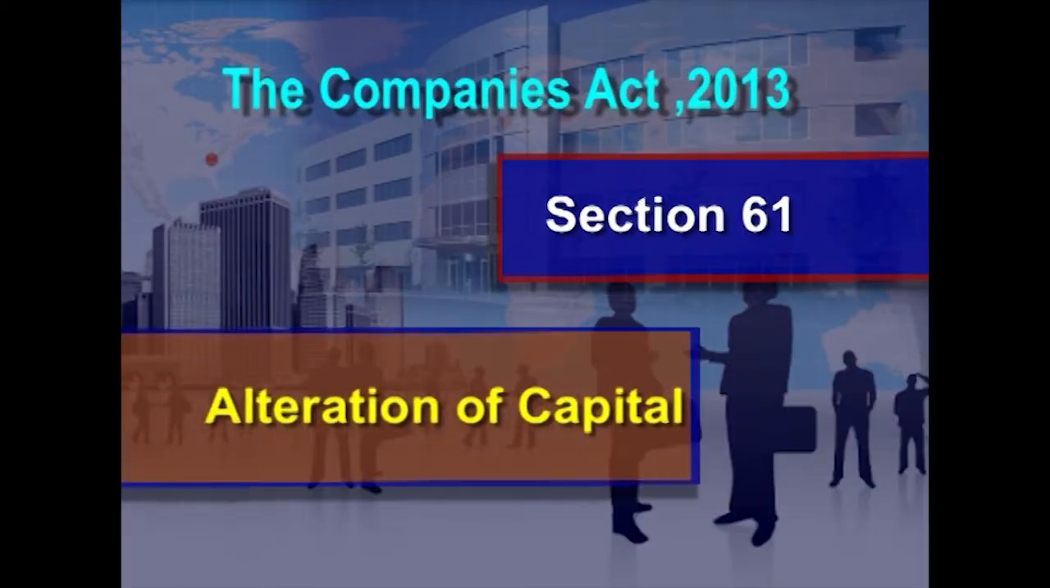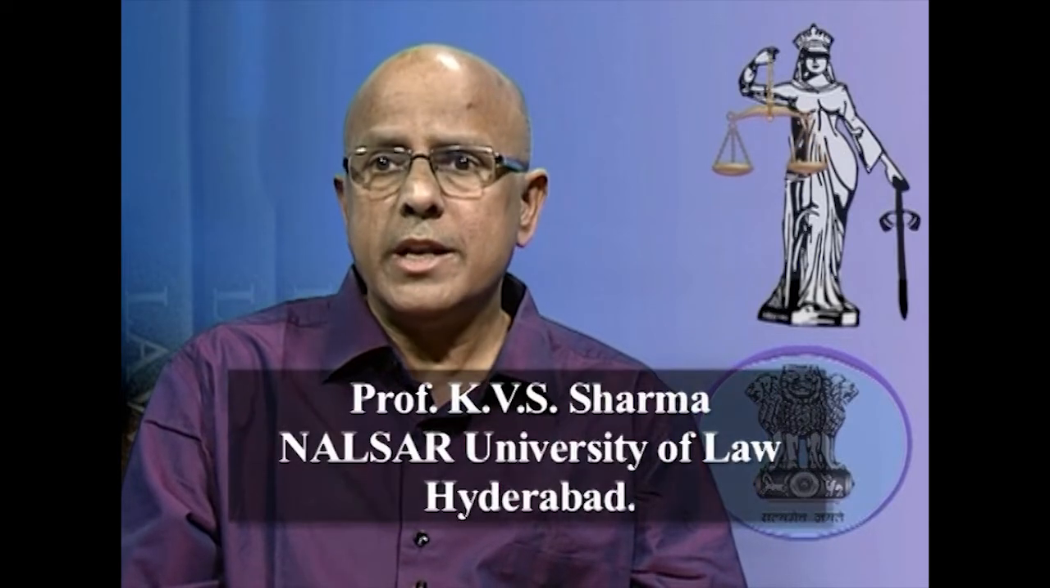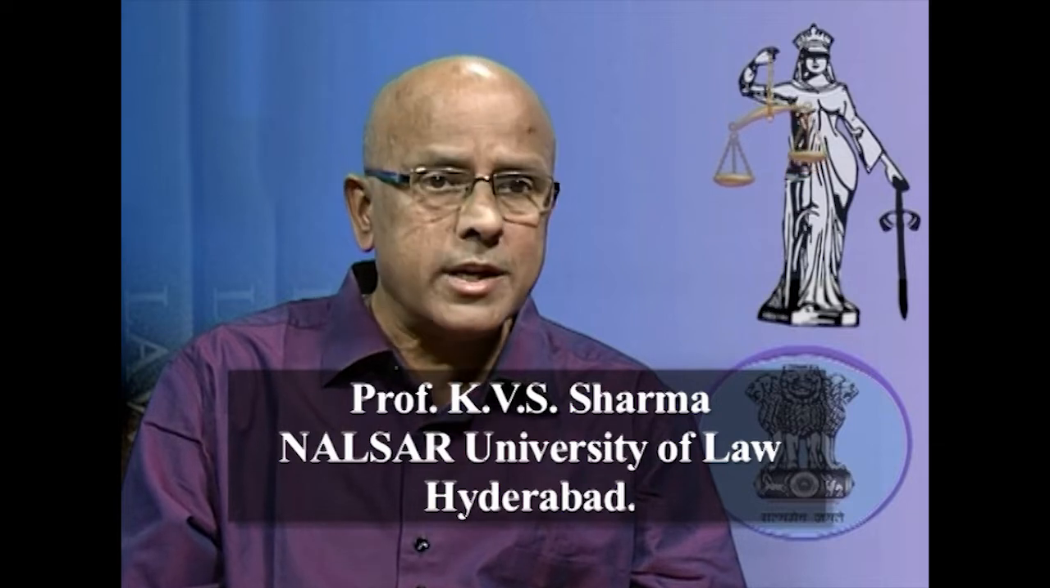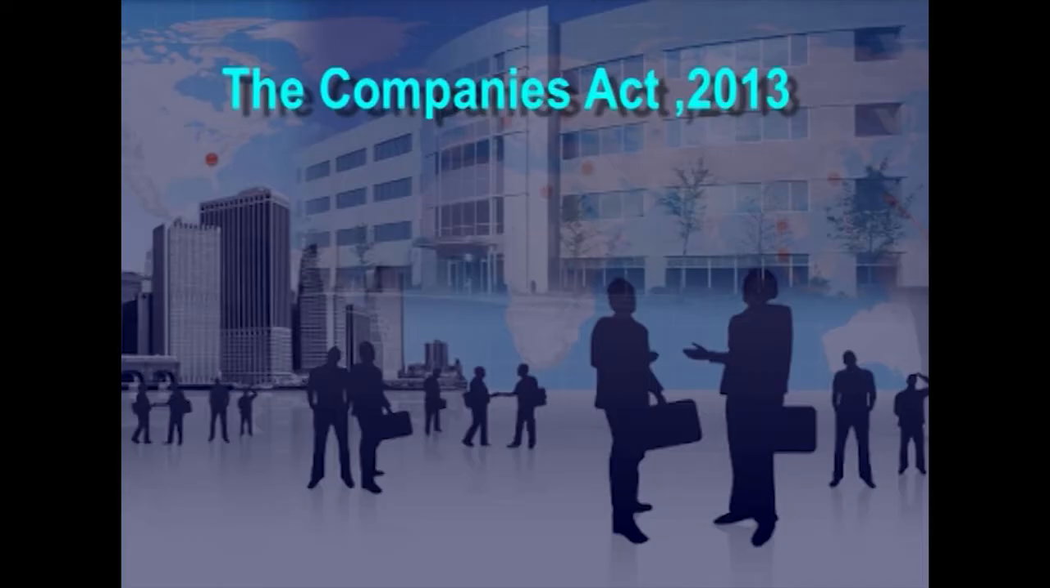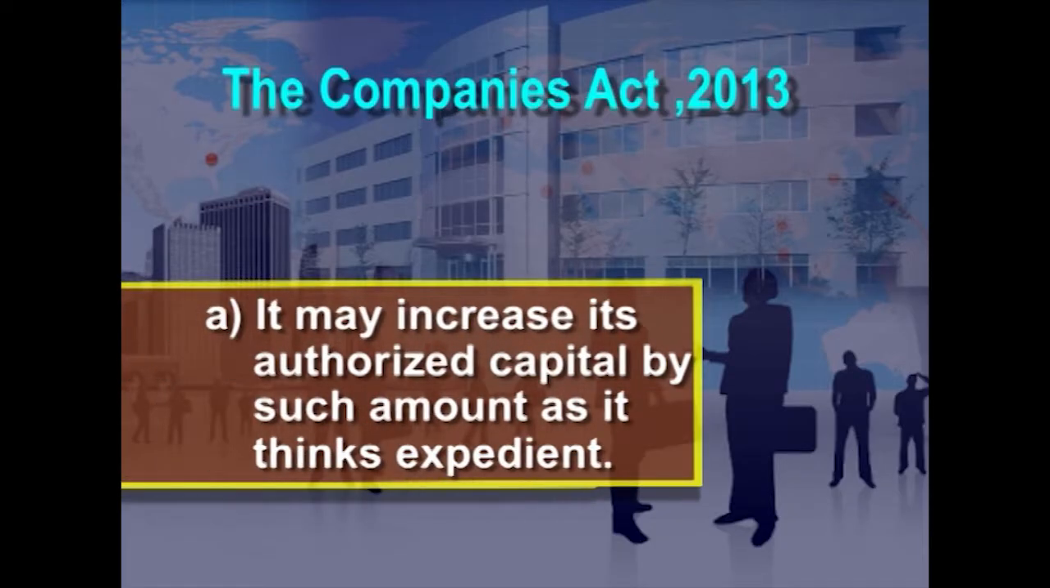Section 61. Alteration of capital. A limited company with a share capital can alter the capital clause of its memorandum of association in any of the following ways, provided the authority to alter is given by its articles of association. It may increase its authorized capital by such amount as it thinks expedient,